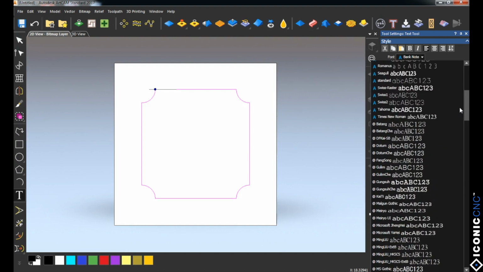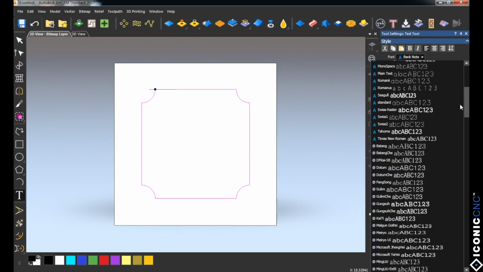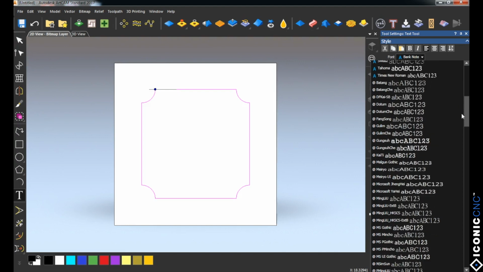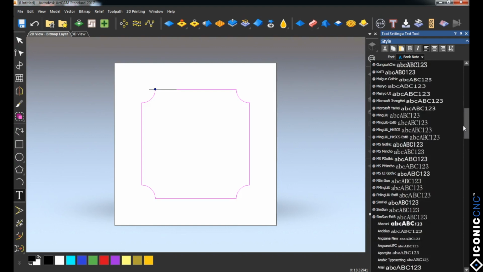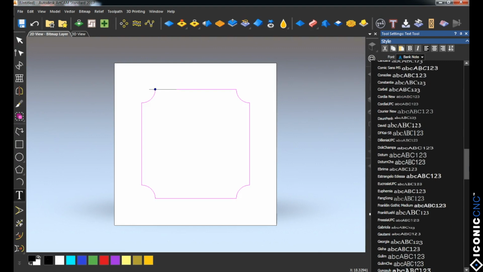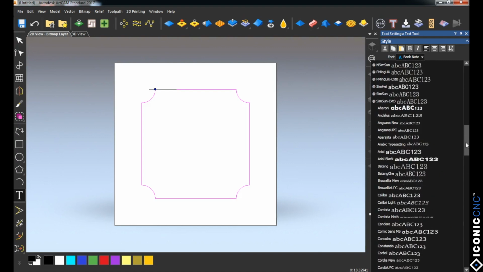So if you have Adobe Illustrator, Photoshop, Google SketchUp, CorelDRAW, all of the fonts available in all of those programs, Microsoft Office, all of those fonts from all those programs are going to be available to you, which may or may not be a good thing. The good news is you have all those fonts available to you. The bad news is there's an awful lot to choose from, so the question would be which ones work and which ones don't. You will find that as a general rule, most fonts tend to work quite well,